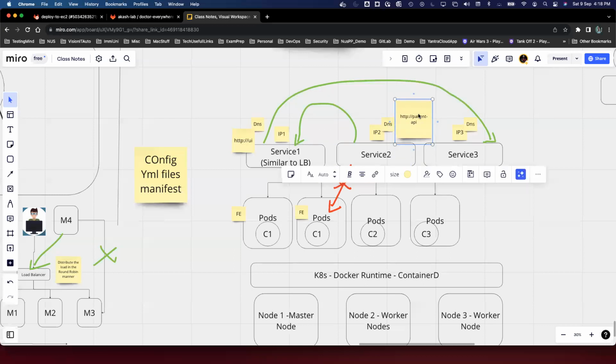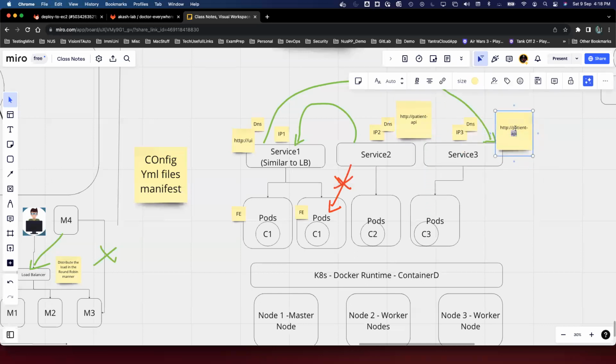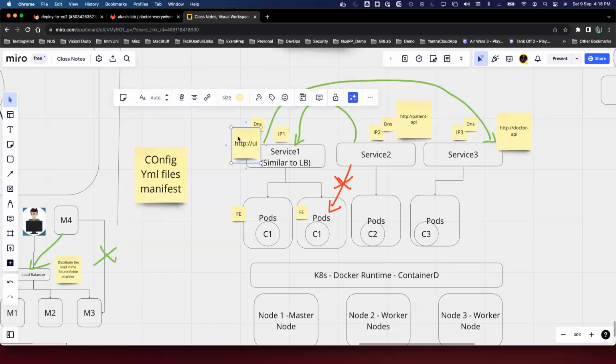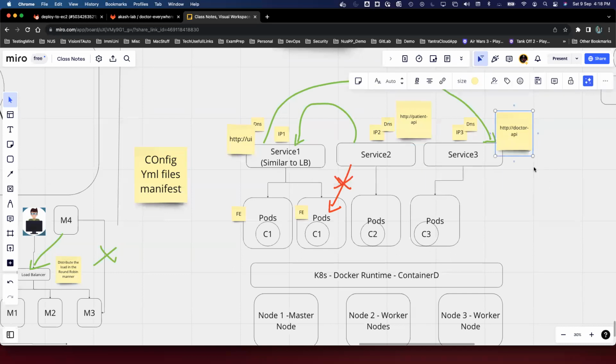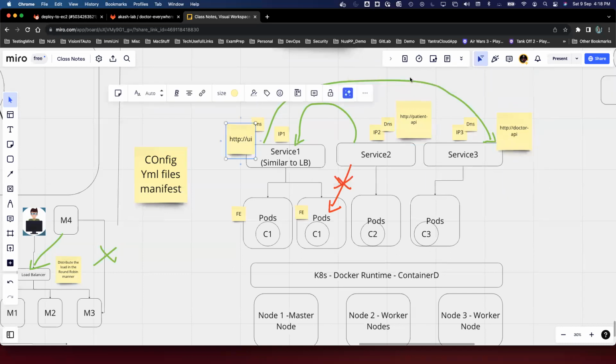So this became my patient API, and then this is my doctor API. So this is my HTTP UI service. This is my patient API. This is my doctor API. So if UI wants to access patient API, it will go